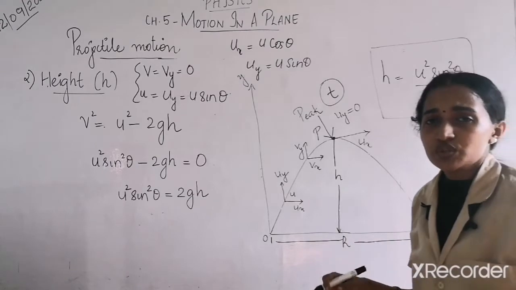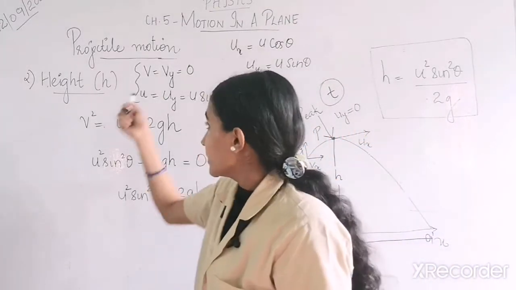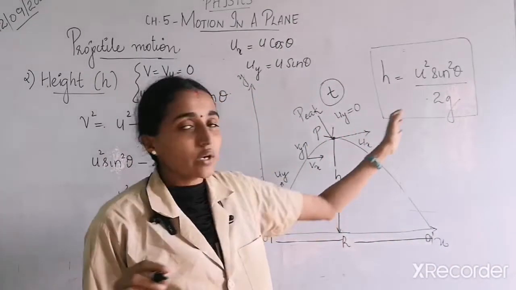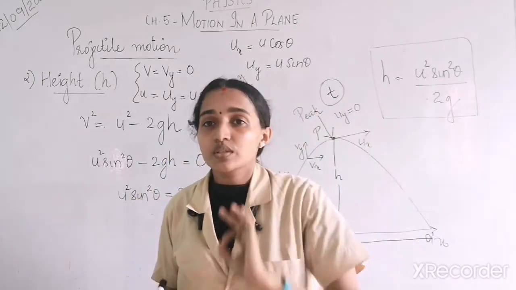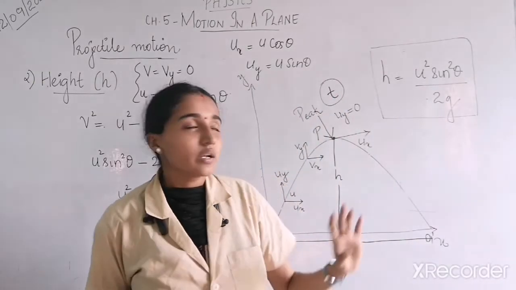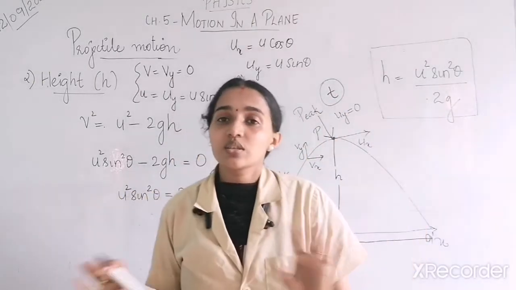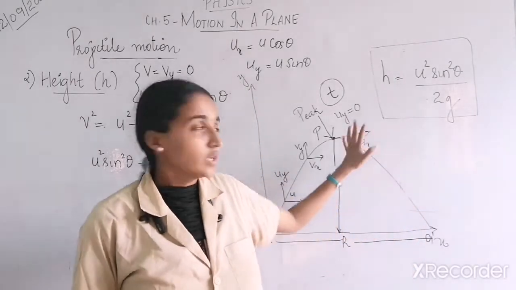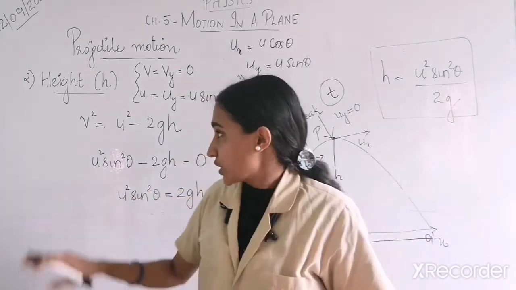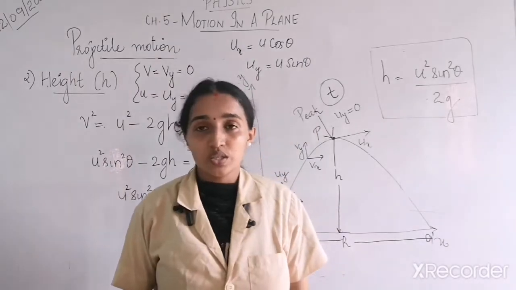So this derivation is going to be very easy. There is nothing in these conditions you have to know, and which equation you are going to take out of the 3 equations of motion should be familiar. Then just substitute and rearrange. Nothing in this, very easy derivation, isn't it? So we have found out the equation for height of a projectile also.